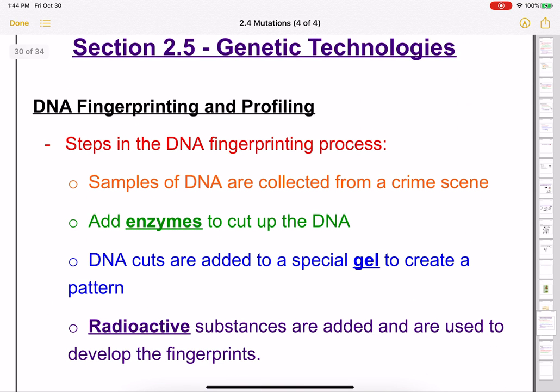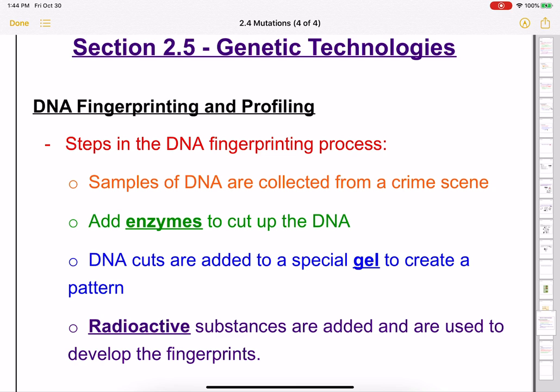So this is actually section 2.5, just connected in. And it's talking about genetic technology. So DNA fingerprinting and profiling is something that we use all the time now. The way that we think of it, it's used in crimes and stuff like that. So finding DNA at the crime scene and matching it to someone else. That's very true. That does happen, as well as in paternity tests. So if we're testing to see if someone is your parent, the classic Maury, that is also how we